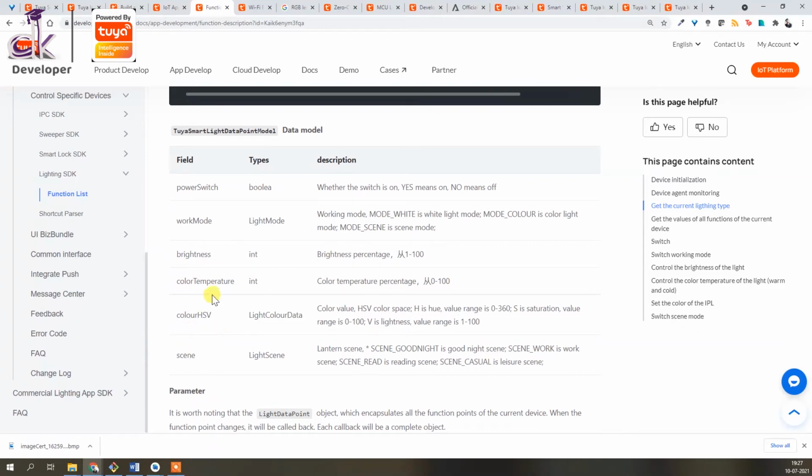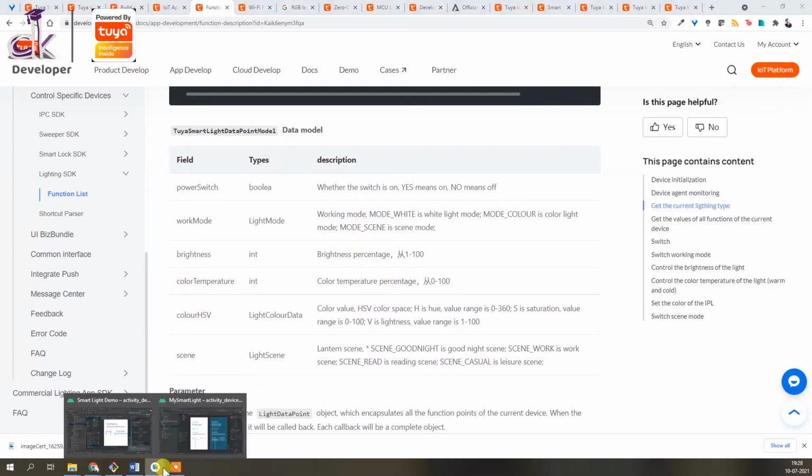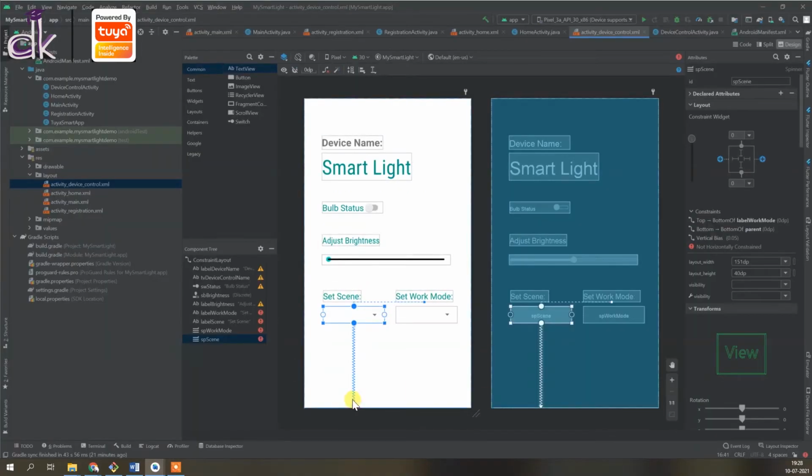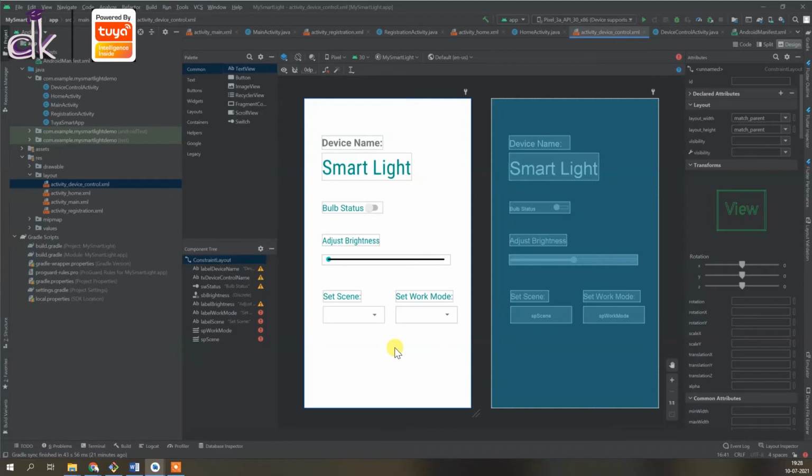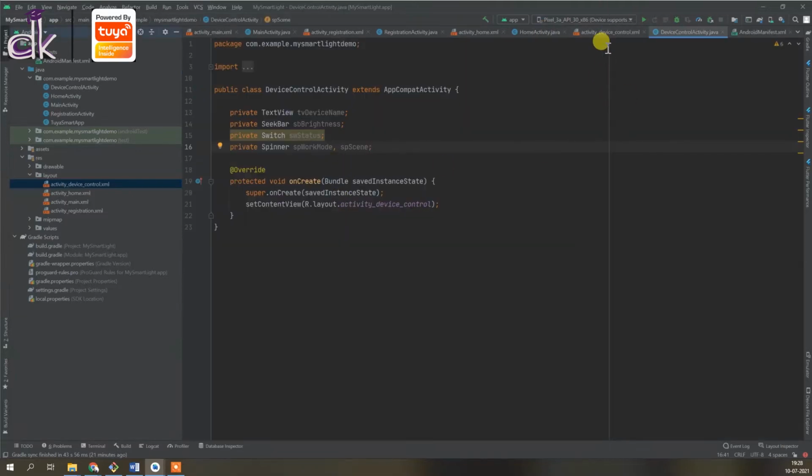And if you want to implement the color, since it's an RGB bulb, you could create a color picker here. You can add a color picker which will allow you to select the colors, and based on the colors, that color will get set to the bulb. I've not done that because it'll get slightly complicated, but definitely you can think of that as homework that you can try on your end. All right. So that's how I have developed my layout, by looking at the functionalities that are available.